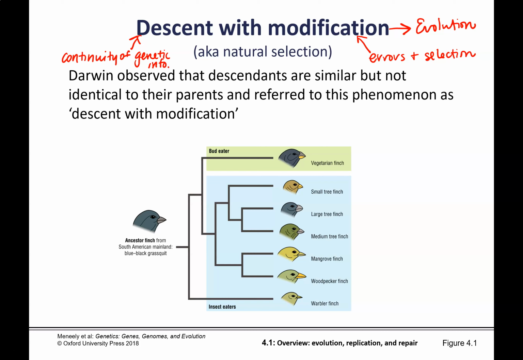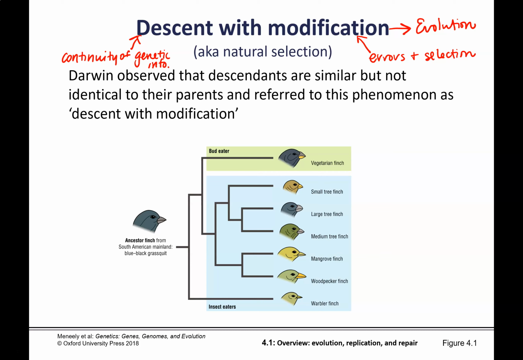And so we can see this when we look at phenotypes of individuals. So Darwin observed that descendants are similar to their parents. So they have similar traits to their parents, just like you have similar traits to your parents, but they are different over time. Now, some of that difference actually comes from having another parent who is not genetically identical to the first one. So there we already see some modification. And then, of course, there is the selection process that works on increasing the traits that are favorable in a